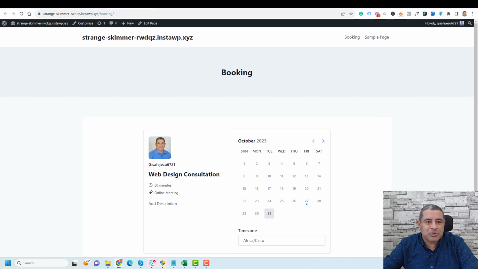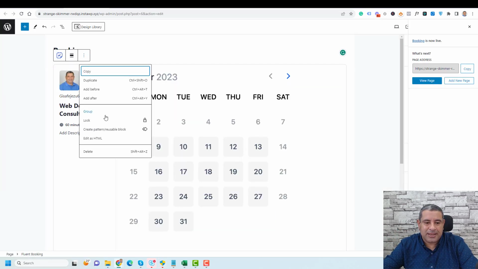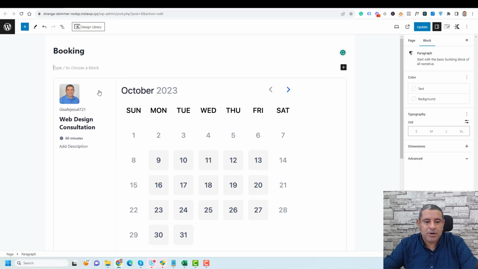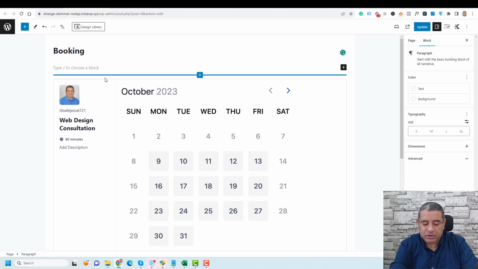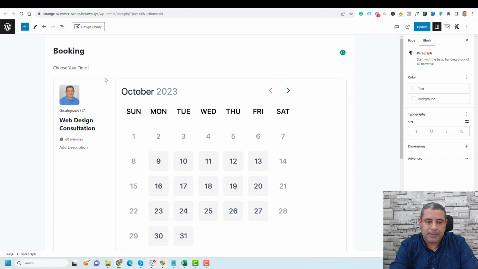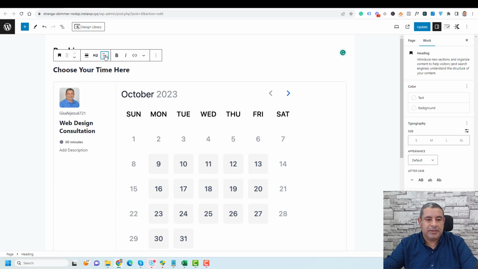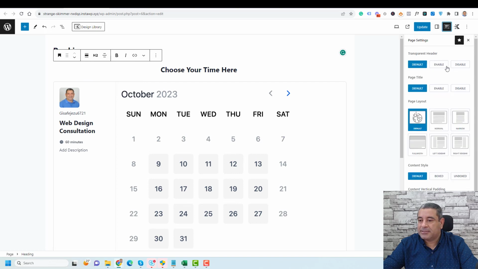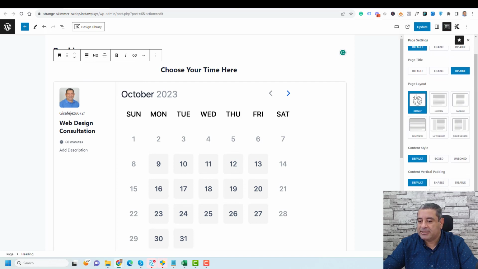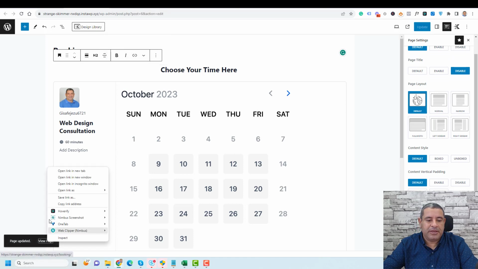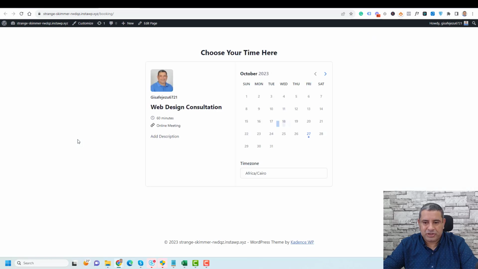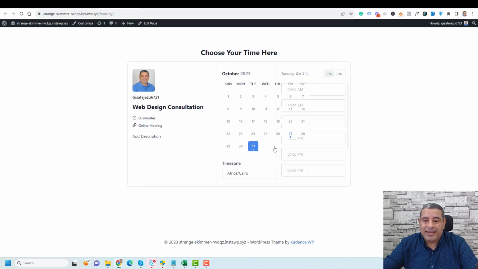If you'd like to add a title, let's go again. Let's click here, let's click add, let's add before, and let's write something like "Choose your time here", and let's make this a heading. Let's make this centered, and let's disable the page title, and also disable the header. Let's click update, and let's view the page again, and let's click refresh, and this is the page here. As you can see, I have my title here, and now people can click here, choose a time,